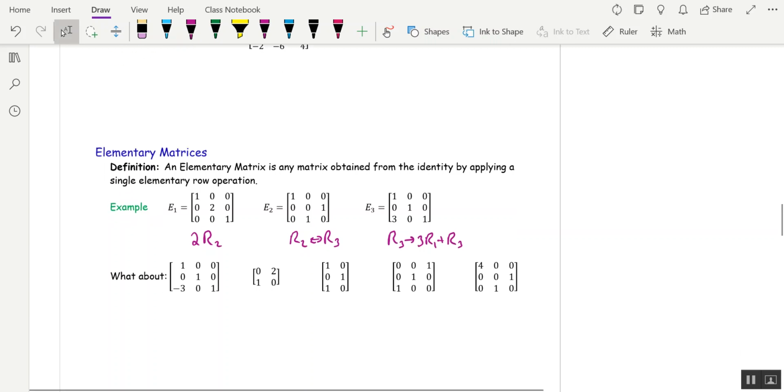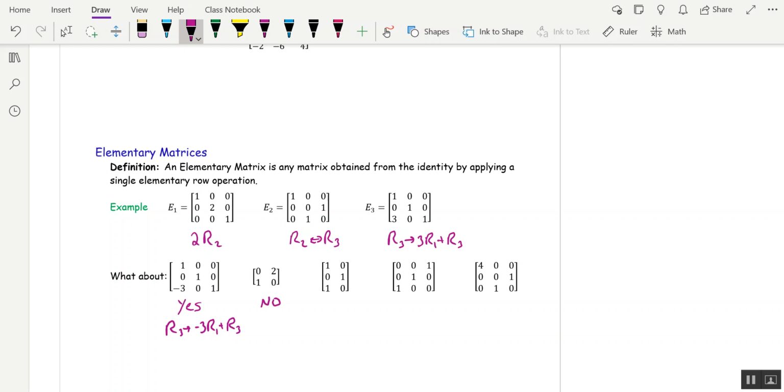All right, let's look at these other matrices and decide if they're elementary or not. So the first one is, yes, elementary, because I took the identity and I replaced row 3 with -3 row 1 plus row 3. The next guy is not,